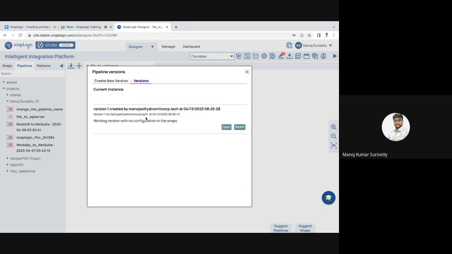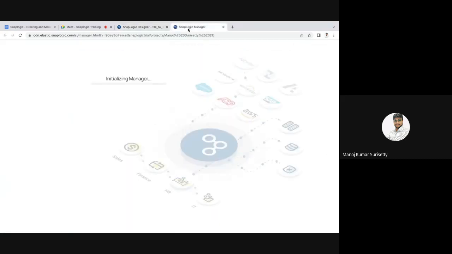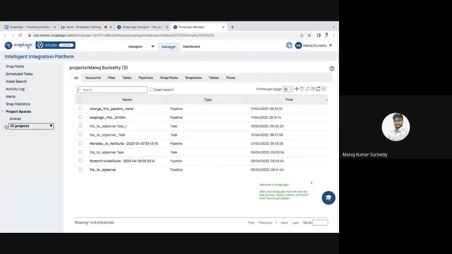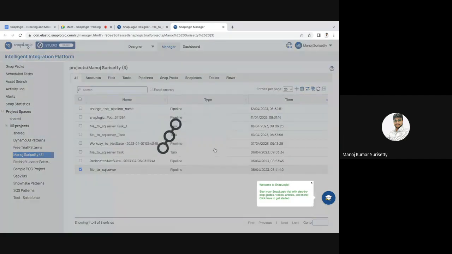No. Once we create that, it will be available for as long as the pipeline is not deleted. This versioning is only for this pipeline. Let's say I go to Manager and delete this pipeline for some reason. There is this delete option for me. So if I just go and delete this,